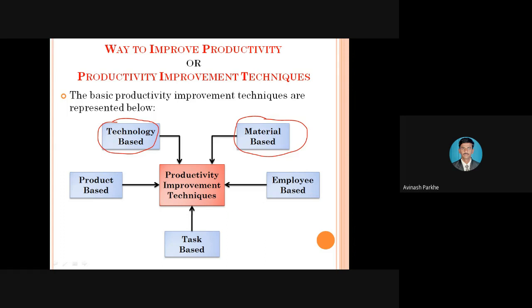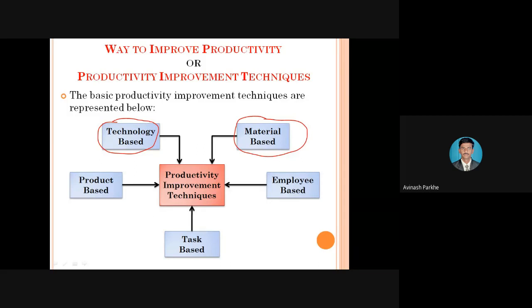Then waste elimination, just now I have told. While converting the raw material into the finished goods, we are maintaining the quality, no problem. But while maintaining the quality, the maximum wastage is taking place. Or sometimes some unskilled operators are using those machines, and due to that unskilled operator, the worker is unable to handle the machine. Therefore, many times maximum elimination of the material or maximum wastage takes place. So to avoid such situations, we have to provide standard workers, with minimum elimination of that material.